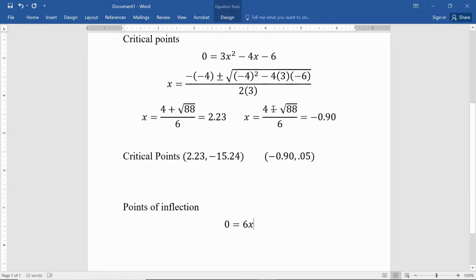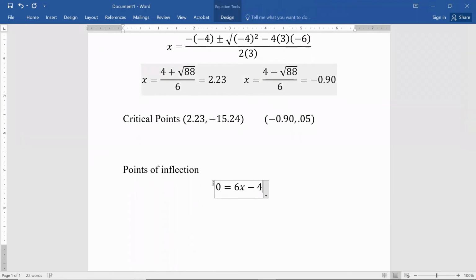So 6x minus 4. Solving for x would yield x is equal to 2/3, or 0.67 when I round to 2 decimal places. Now that's the x value for the point of inflection. The actual point of inflection